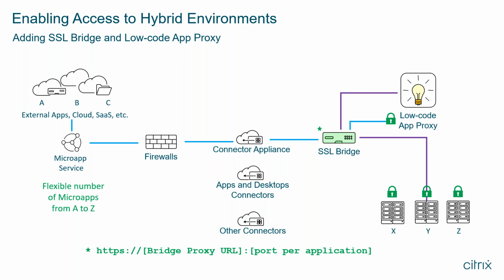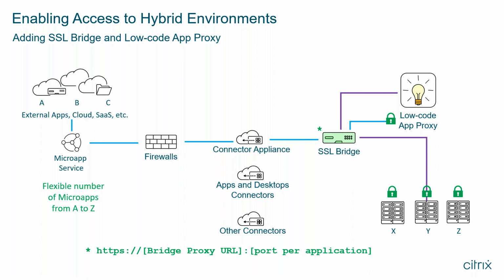Well, sure, it can come on another port, but this connection has to be encrypted and passed through SSL Bridge. It hits our proxy, and then our proxy, based on the URI in the request, will figure out what to do with this thing, right? So first, do we need to translate it from the REST request to something else? And then where do we send it, right? What the app proxy will do is send it back to the SSL bridge on a different port corresponding to the application, right?